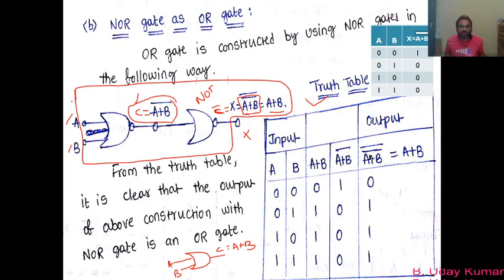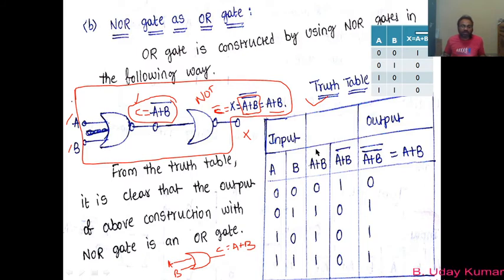Now to find A plus B double bar, first of all you have to find A plus B, and next A plus B bar, and from that you get A plus B double bar. So take the combinations of A and B as shown in the table, which are 0 and 0, 0 and 1, 1, 0, 1, 1. This combination is repeating in the same manner. So A plus B is nothing but the output of the OR gate, which is 0 plus 0 is 0, 0 plus 1 is 1, 1 plus 0 is 1, again 1 plus 1 is 1.